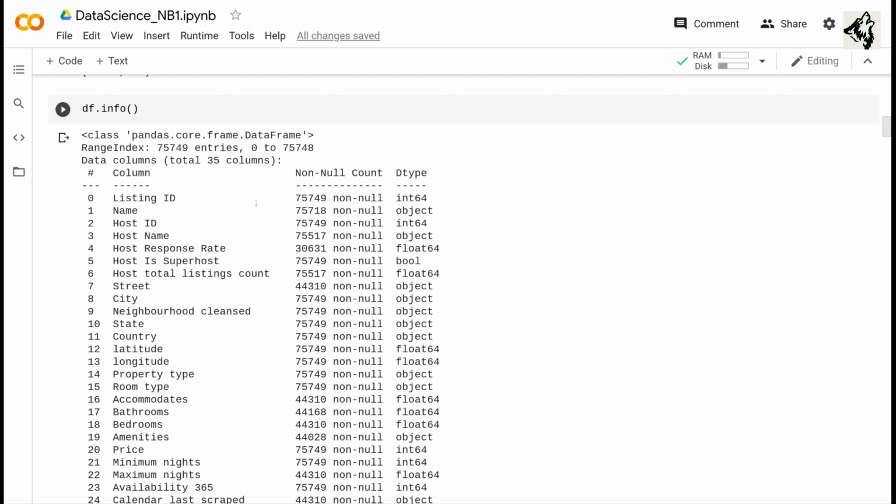So out of our total rows, that's 75,749, we can see that some of the columns have zero null values, meaning all of them have values. And we can also see that some columns over here, like 44,000, which mean that there are null values, approximately 31,000 null values.